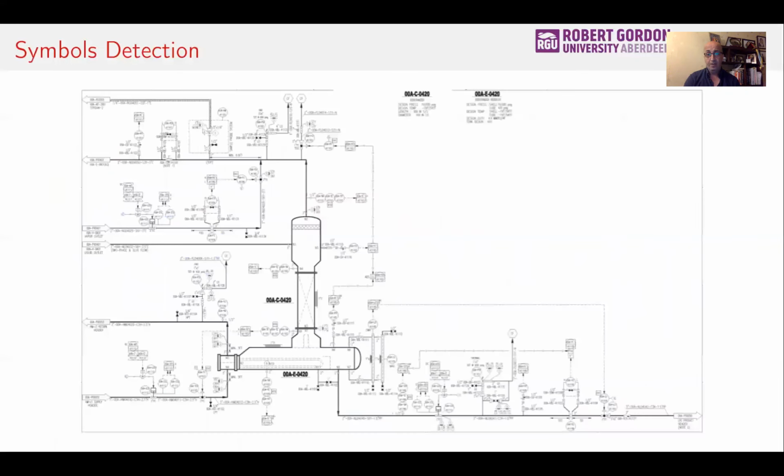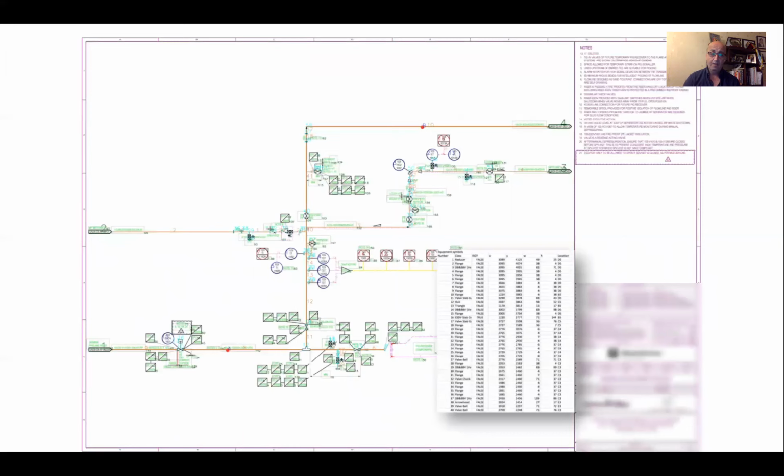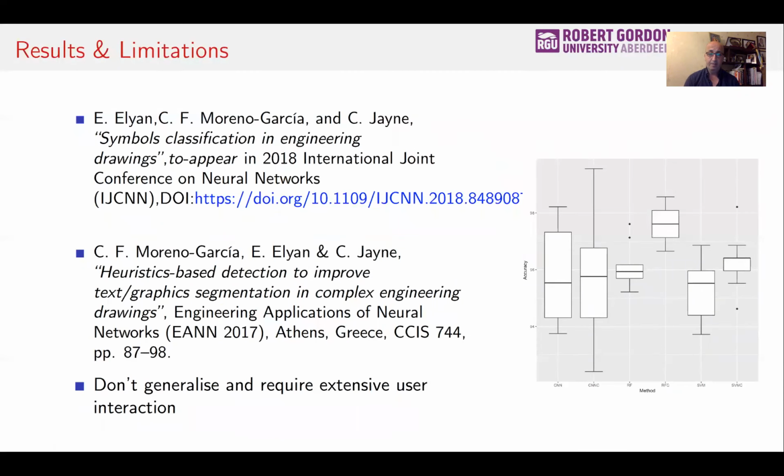So our initial approach to the problem was basically a traditional machine vision approach: build some heuristics such as Hough transform, edge detection, etc., and then feed it into a classifier, which somehow provided a reasonable solution to the problem. We managed to process most of the diagrams, and some of the results are already published in the public domain. However, we discovered that this solution won't generalize well across a wide range of documents, and also it requires